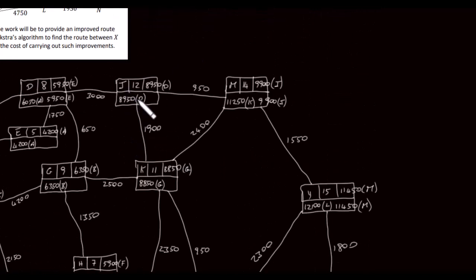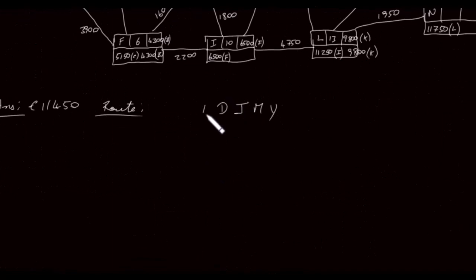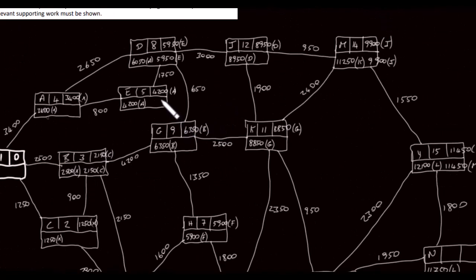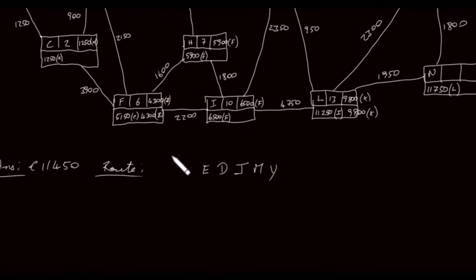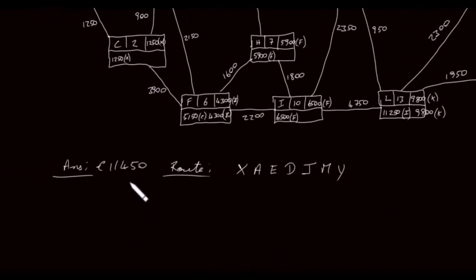And if we go back further then, if we're at j, we remember we came from d, so it's going to be d, and from d we came from e, so e is next here. If we go down to e, you can see here that we came from a, so we go to a, and then finally x. So it's xaedjmy. So they're my two answers there. It cost 11,450, or would cost that amount if you go by route